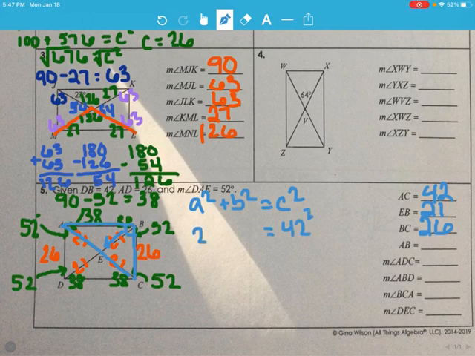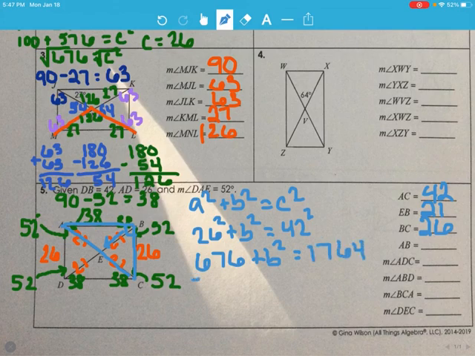I have a 26, and I still don't know the b squared. Okay, we will be using a calculator because these are some big numbers. 26 times 26, we get 676 plus b squared equals 42 times 42,